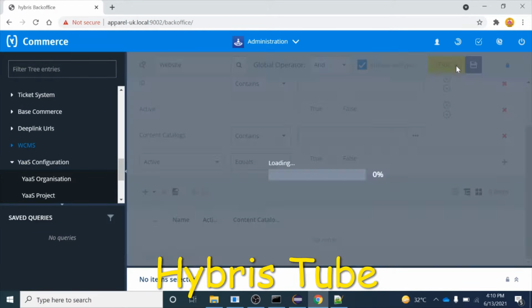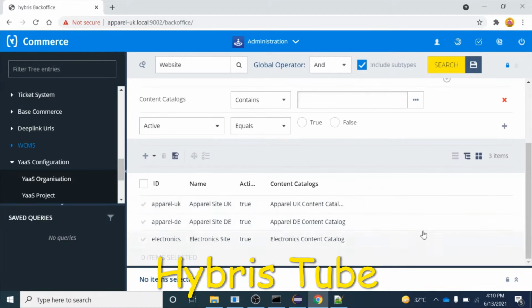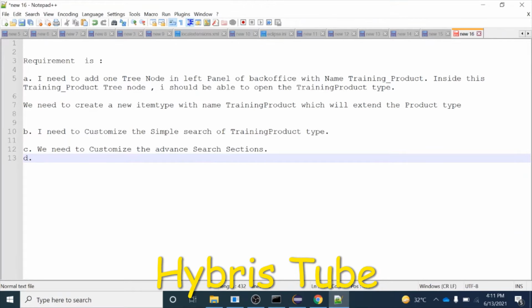After that, guys, we will customize this list section as well. For example, if I want to add one more column over here, how can I do that? So the next requirement is I need to customize the list view of any type, right?